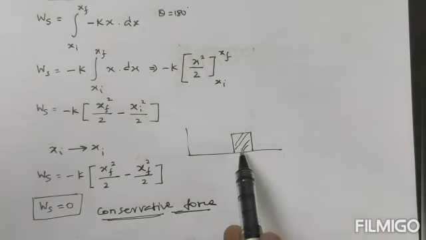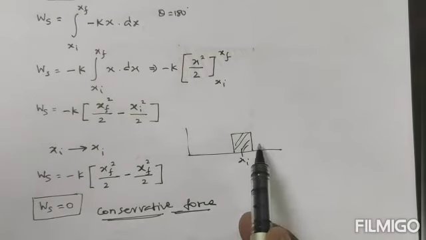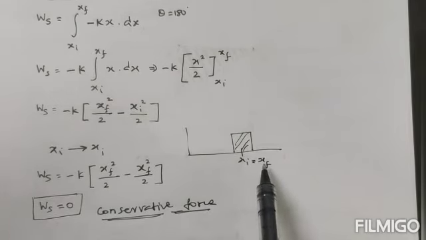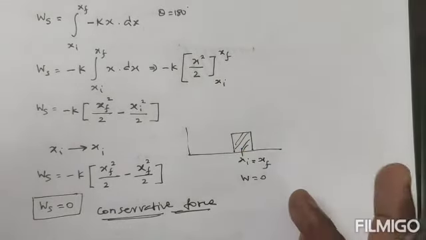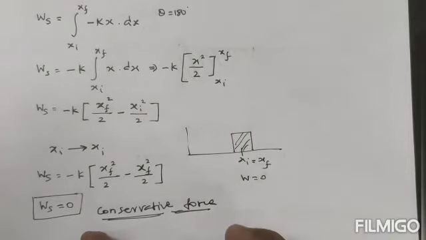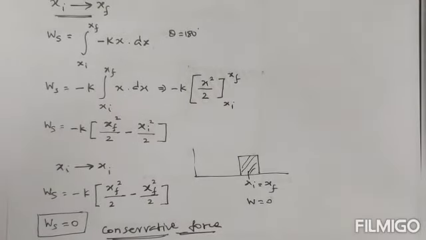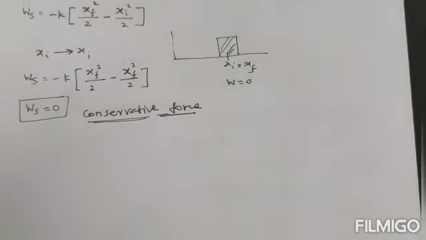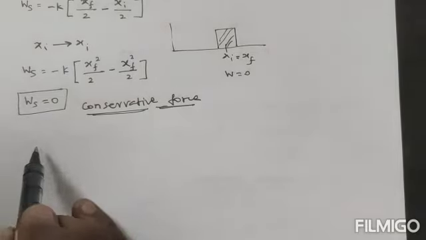Okay, so it's the initial position. After displacement, finally it will reach the same position. Here the initial position and the final position will be the same. So in this case the work done is 0. Initially the work done is 0, so finally also the work done will be 0, because of the conservative force. So for the conservative force, we are going to calculate the potential energy of the spring.